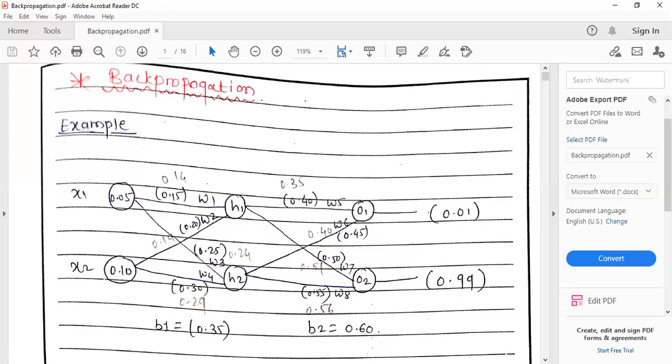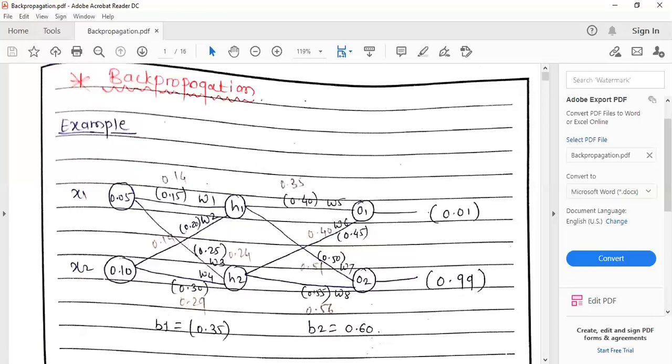Now, you all know that B1 and B2 are the bias values. Bias are the minimum errors we have to consider in the mechanism, as there might be some error, and those errors are defined already here. B1 value is 0.35 and B2's value is 0.60. So all these things are already given to you. Now you just have to check whether all the values are working properly or not by using simple formulas that we have already used in our previous lectures. And if those values are not matching 0.01 and 0.99, then you have to go for the backpropagation.